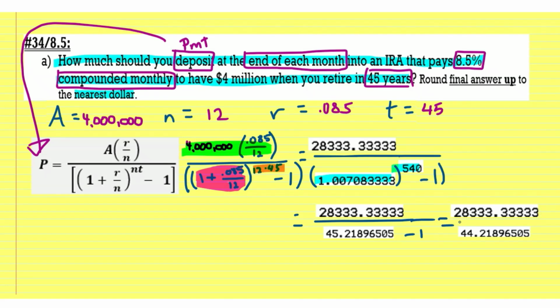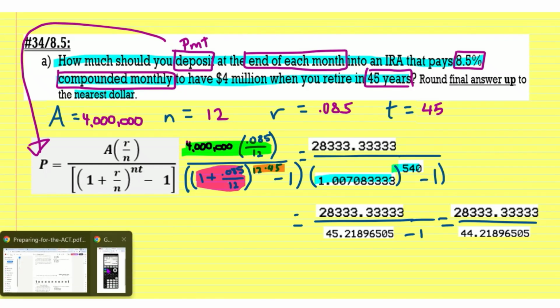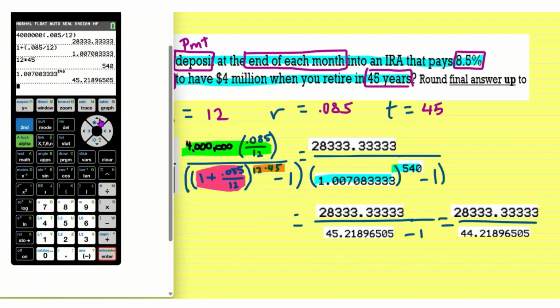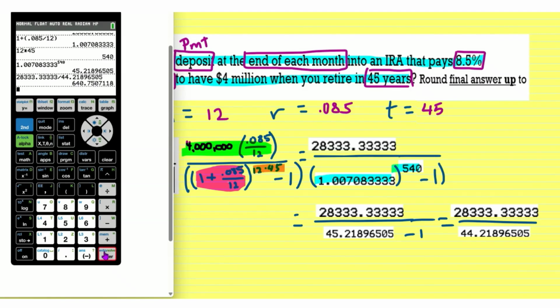So equals, and now the final calculation is to divide those two numbers. Okay, so I'm going to take the 28,333 number with all the decimal places, and I'm going to divide it by the 44.218965505, and it's going to give me a final answer